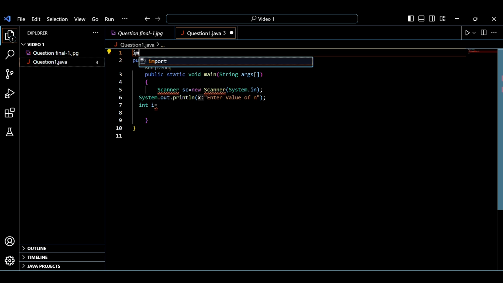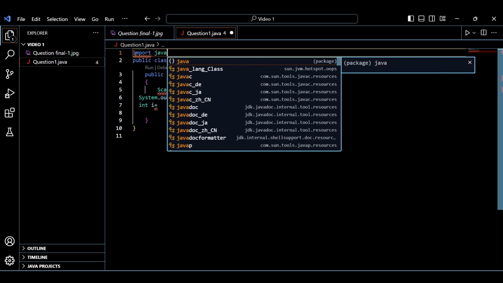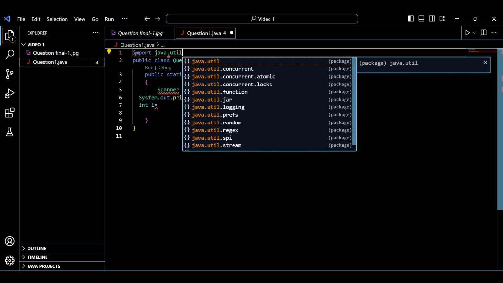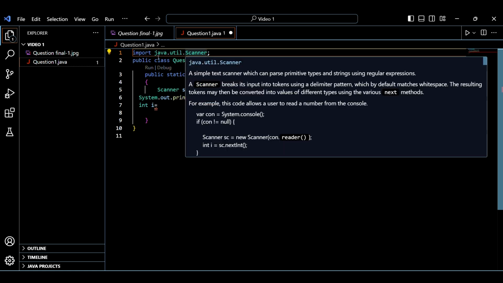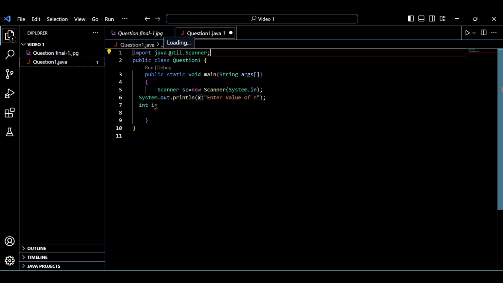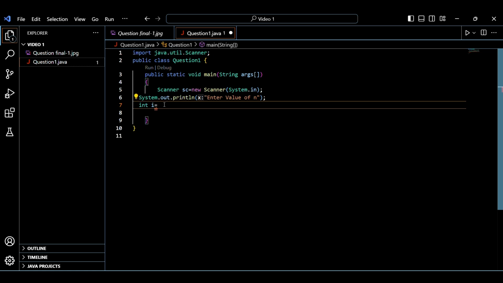So we need to write import java.util.Scanner. By writing this code we have access to the Scanner class. Basically java is a package and util is a sub package of java, and in the util sub package the Scanner class is present. So for using a Scanner object we need to write sc dot